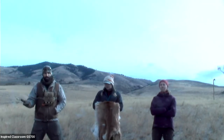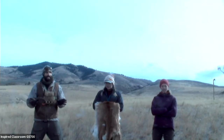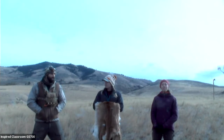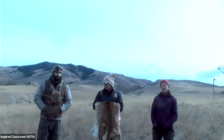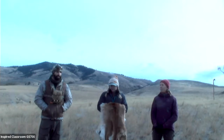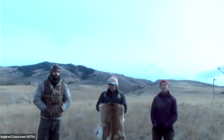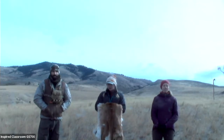But the whole purpose of this study is to do it non-invasively. And so we don't want to mess with the cats. We're trying to really leave them alone and make it a stress-free experience for them. So we're just out there bumbling around on the landscape, picking up our DNA samples opportunistically. And it's true, we cannot answer every question fully. Like we cannot determine the full extent of their range because we don't have a collar on them. But we learn enough and we're able to track individuals year to year to year